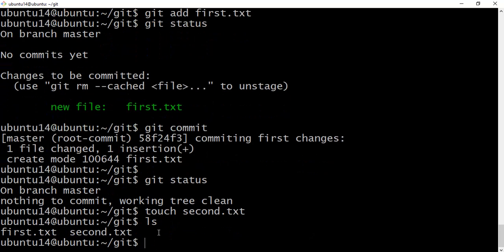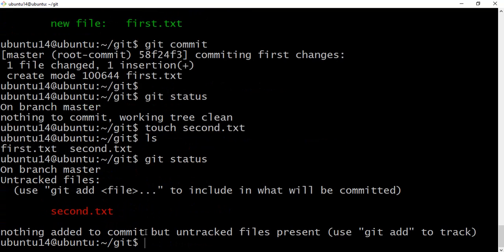So here we have two files, one is first.txt, the earlier one, and now we have created second.txt. If you check the git status, this is the latest commit. Whether second.txt is an empty file or has something in it, if something gets created in the folder, it's getting red color till we do git commit.